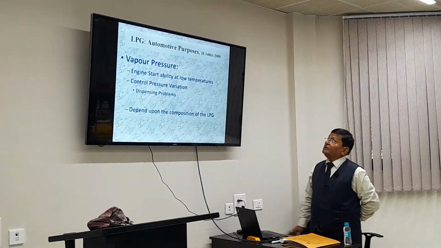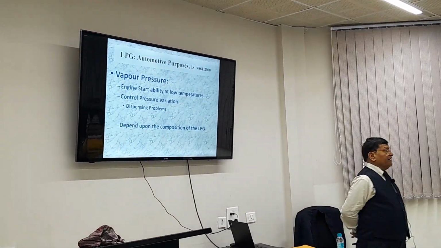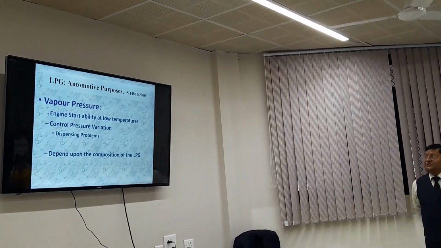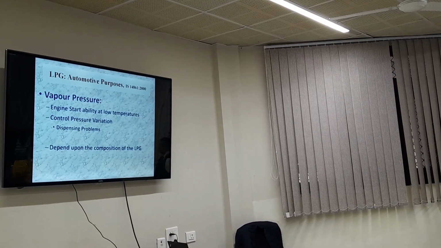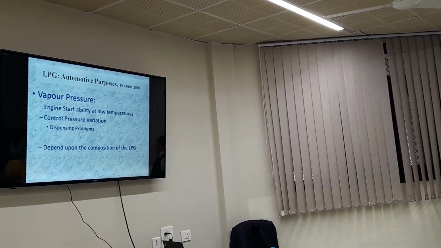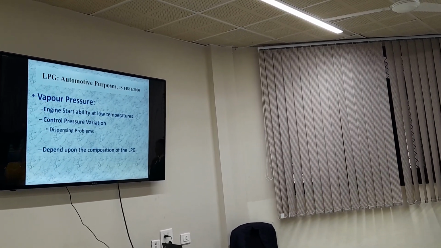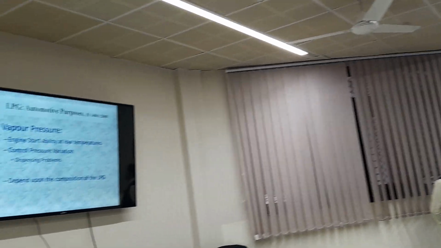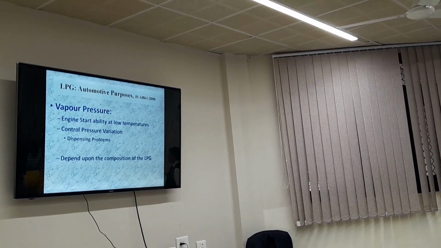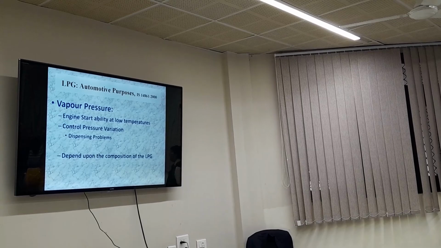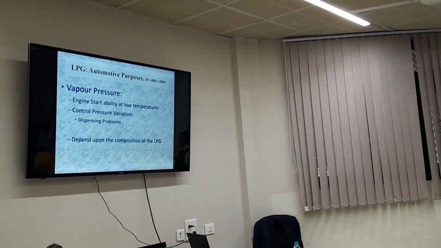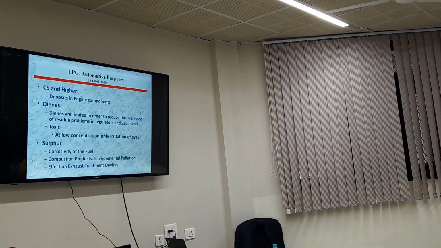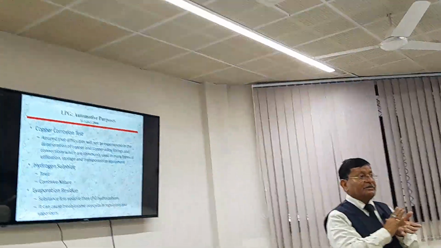Now we come to the vapor pressure. Vapor pressure affects the engine startability at low temperature, control pressure variation, creates dispensing problem, depending upon the composition of the LPG. The vapor pressure depends on the propane and butane mixture. And we have the other product, rubber block. Like you shine it with the emery paper,